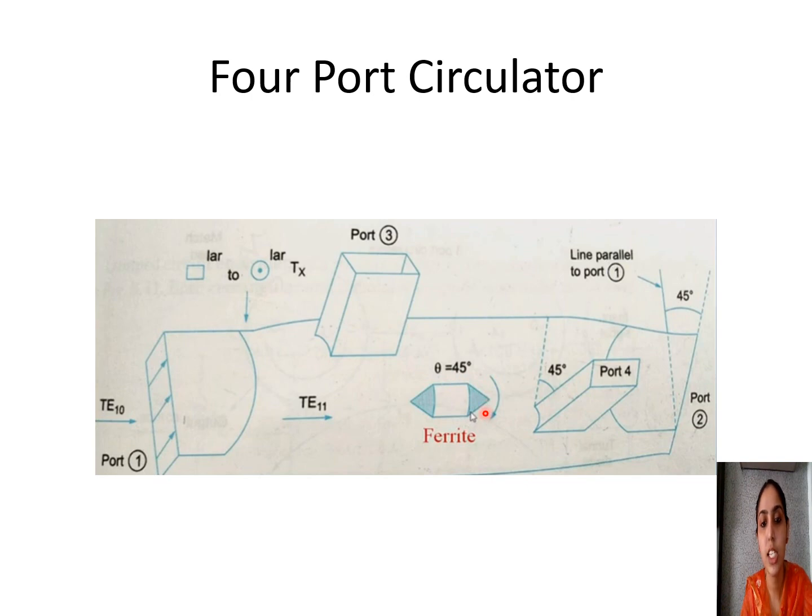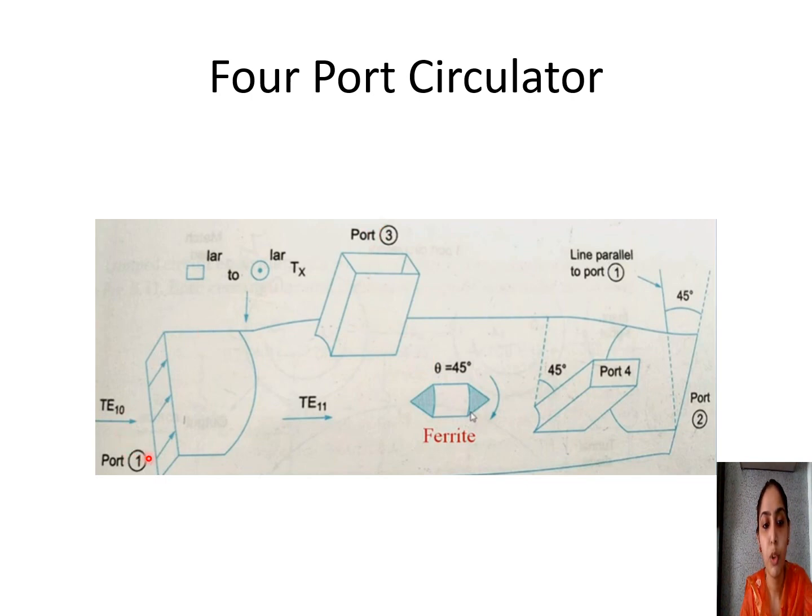The electric field line, since it is not significantly cut by this port 3 and port 4 because of its placement, gets emerged out from port 2. Okay, now this wave from the port 2 is already 45 degree tilted. That is, a plane of polarization is already 45 degree tilted here because of the ferrite material. Again, when it is going back, it is not affected by port 4 for the same reason, that the electric field is not significantly cut, but again it goes through Faraday rotation similarly in the clockwise direction again by 45 degrees. So it becomes a total of 90-degree rotation, which will be properly aligned with the port 3, and so the wave will now emerge through port 3.